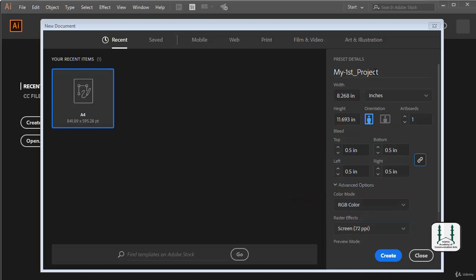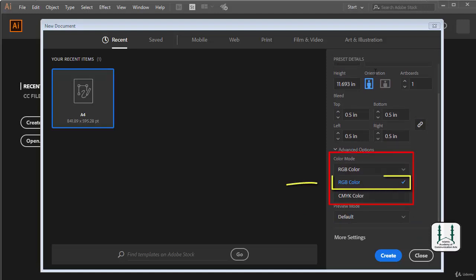Here you can see color mode, that in which color mode you want to work on. So it is very simple to understand that RGB color mode is for those projects which you are designing for screen display only, like on mobile or on some screen. And CMYK color mode will be used if you are working on some print design, and if you are not sure that your design might go for screen display and might also need to go for print, in that situation